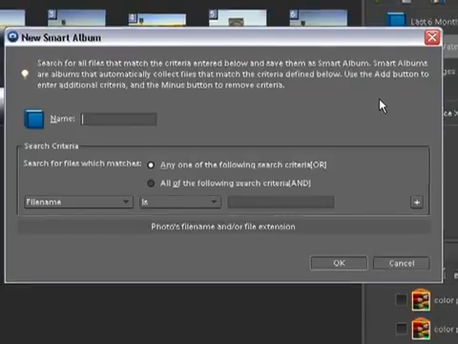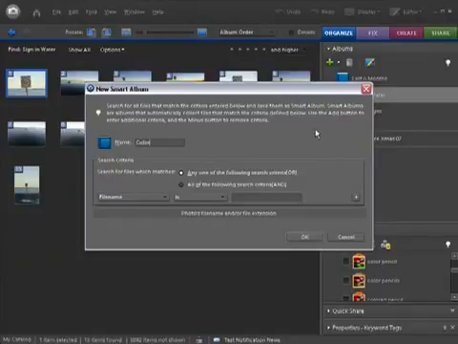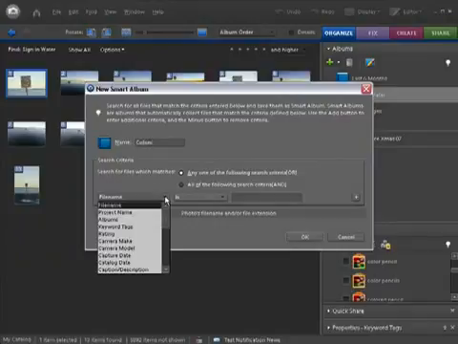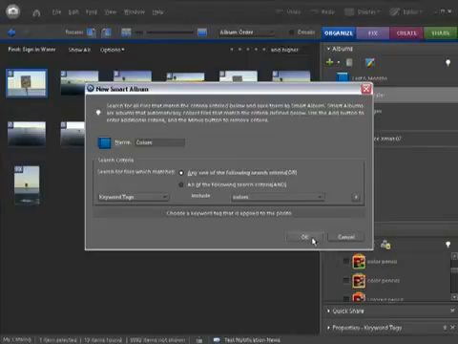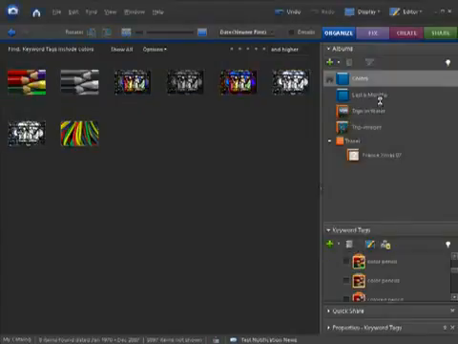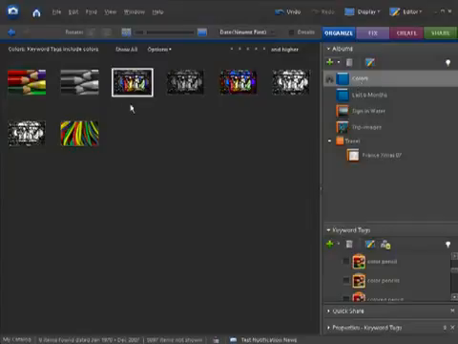So for instance, we could have an album here called Colors, and we can search through, say, the keyword tags that are present in all our images for a keyword tag called Colors, and then just click OK. What will happen is we'll get a new entry in our albums palette called Colors, and we'll have all of the images with that keyword tag associated with it. And you might say to me, well, that's just the same as a standard album. It is, in that it groups all these images together, but it's different because